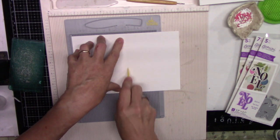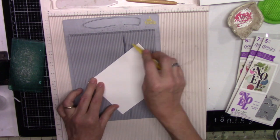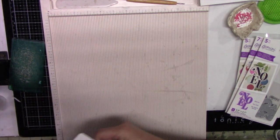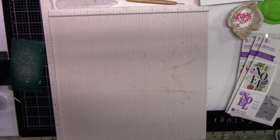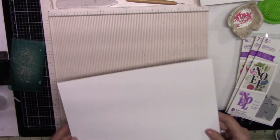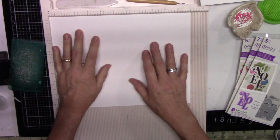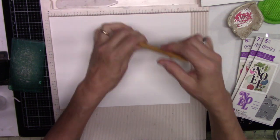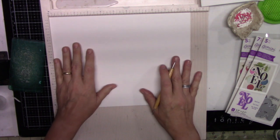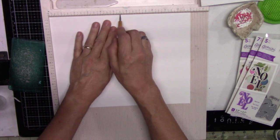But I want to try to mix things up. I want to create some top folding cards. And in order to do that, I'm going to go ahead and use the big Martha Stewart scoreboard. Now, there are some other scoreboards on the market. This one's no longer available, but you can find We R Memory Keepers has one, and some other companies have one. So I go ahead and score my 5 1/2 line,